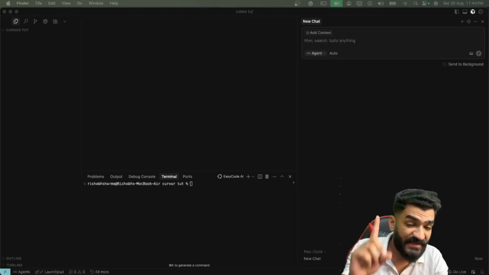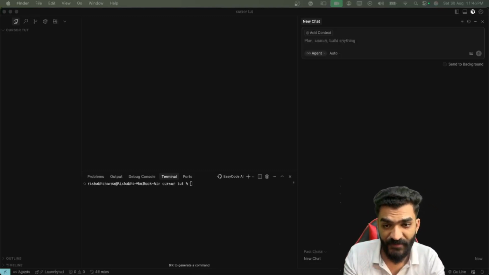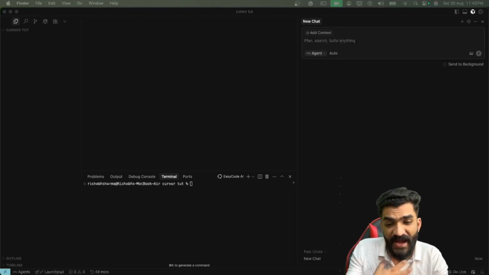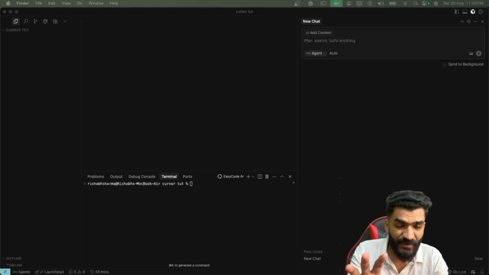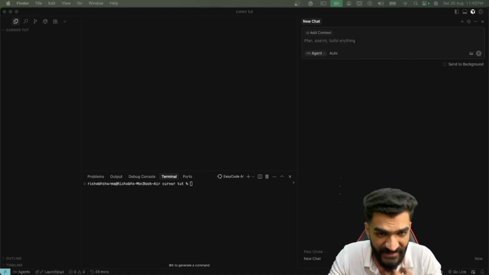Sometimes Cursor will generate bugs for us. Understand this very carefully. We have to see that this is buggy code and get it fixed. That is something we need to take care of.